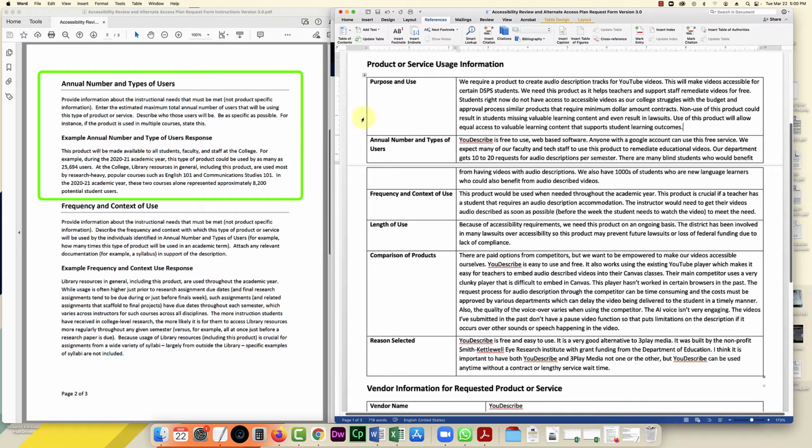So for this one, it's a little harder for me to estimate, just because I'm not sure about the number of blind students or visually impaired students that would need this. I could contact the DSPS office if I wanted a little more detail, but I'm just going to use a guesstimate. And also, audio described videos don't just benefit visually impaired students. They also benefit students that are new language learners. So they can watch a video and listen to that description, which might help them learn the language or understand